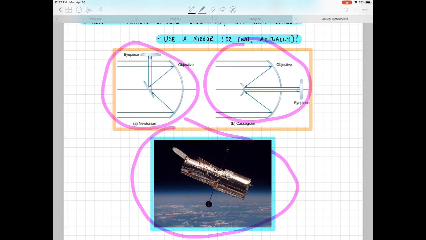Why does a UV ultraviolet telescope have to be in orbit? Well, because the Earth's atmosphere, which does great at keeping us alive, does poorly at letting observers observe the ultraviolet